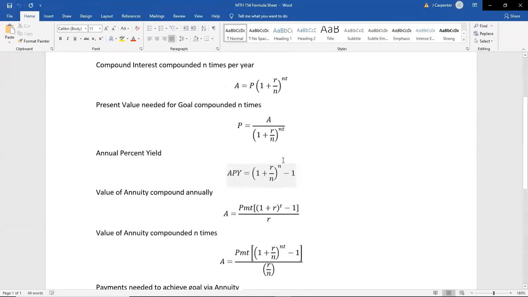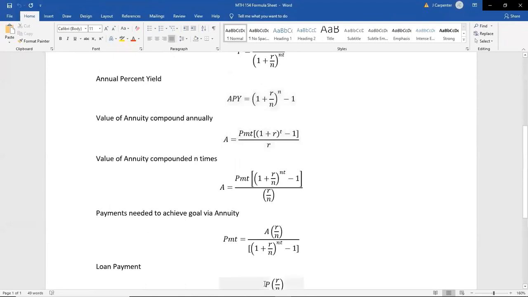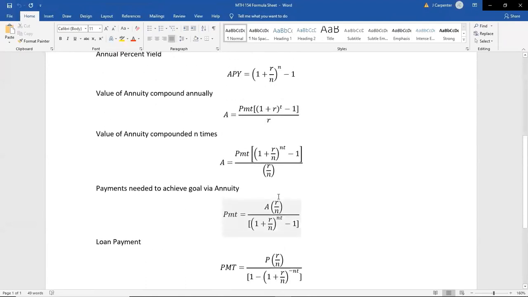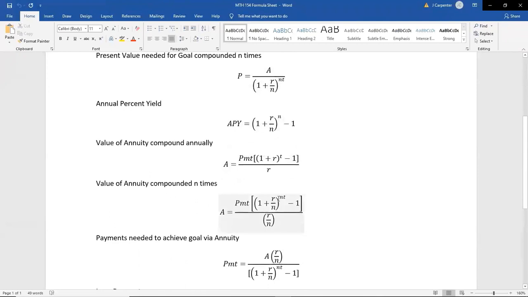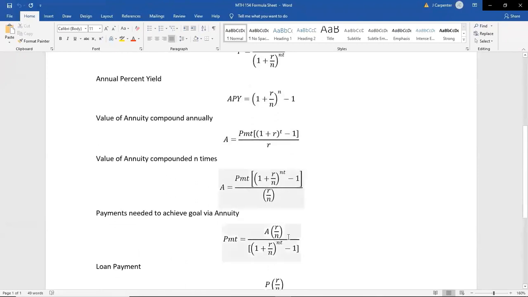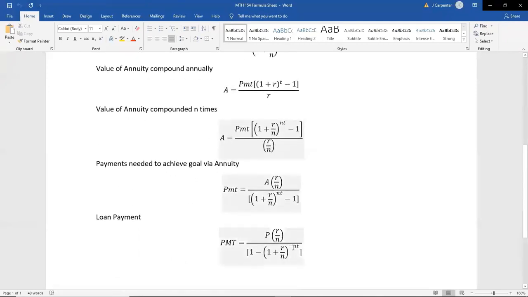And we're going to get into all of these over the next couple of weeks, mostly in chapter 9 for the later ones, but we'll see them slowly build up. And you can see a lot of the same familiar pieces: this 1 plus r over n raised to the nt, 1 plus r over n raised to the n, 1 plus rt, and 1 plus r over n raised to the negative, but still an nt. So it's kind of cookie cutter, but there's a lot of rearrangements,